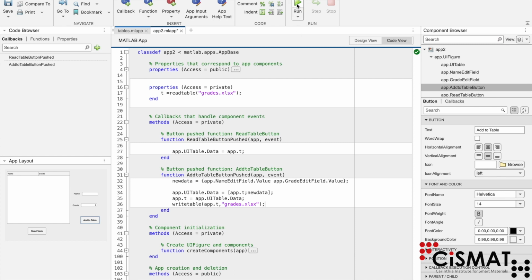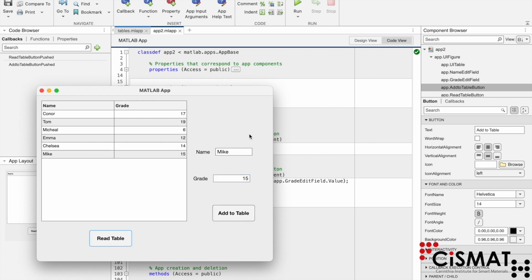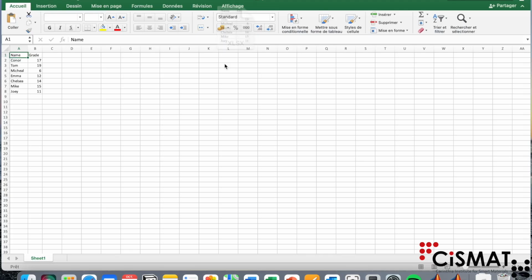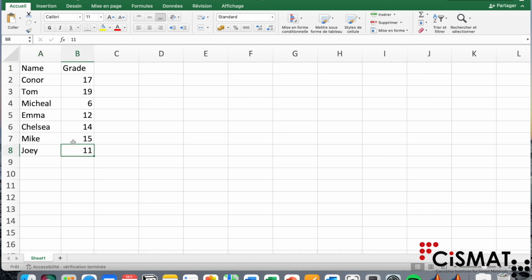Let's run the application. Everything that was working before is still working. But this time, when we run again our file after adding data, the new inputs are still displayed. We can now add several rows to our table. We can check the Excel file. Our new data